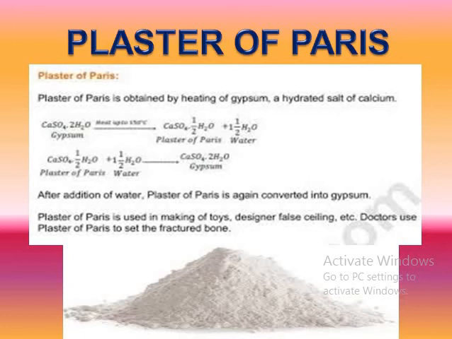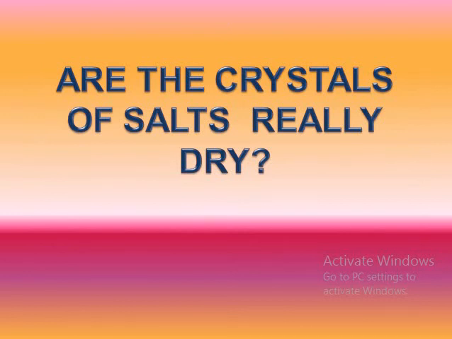Now in the end, of course, there is one question: are the crystals of salts dry? See, when we talk about crystals, we studied so many crystals here. We studied ferrous sulfate, FeSO4.7H2O, CuSO4.5H2O. We studied gypsum just now. We studied POP. All have that 2H2O, half H2O, 7H2O, all these water molecules. So actually what happens is that salts while crystallizing regain some amount of water, which is known as water of crystallization, and it is fixed.